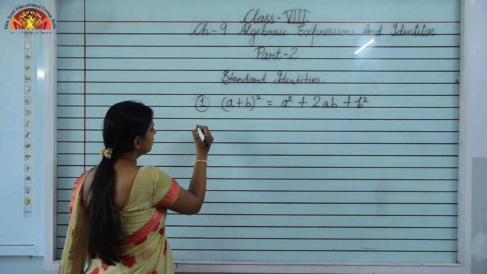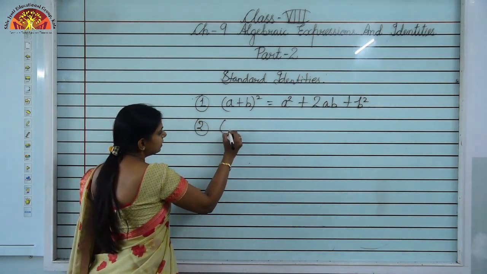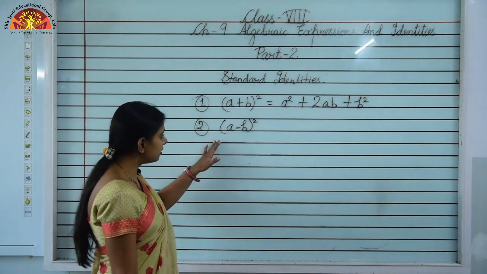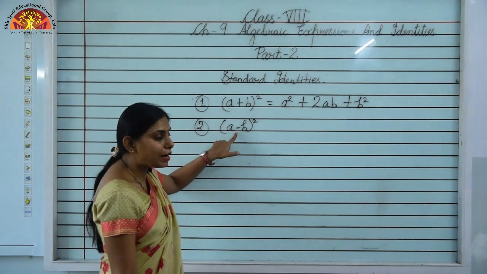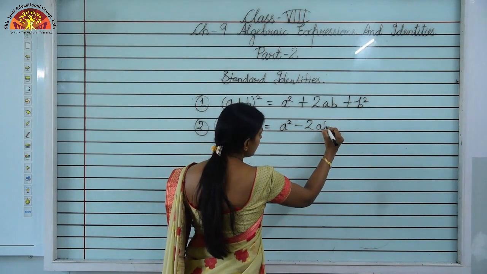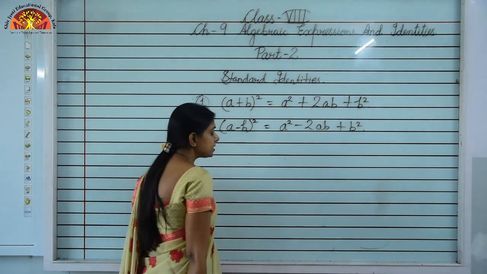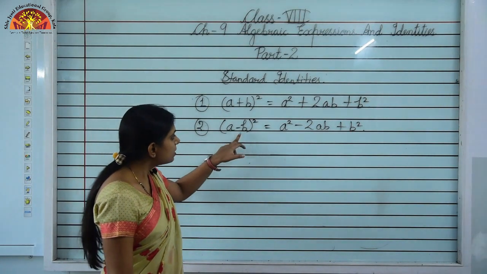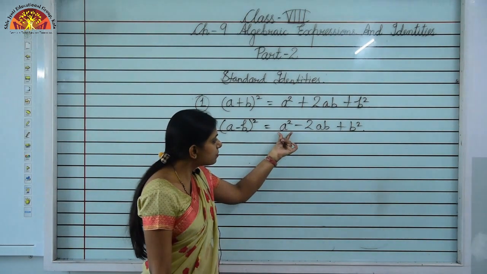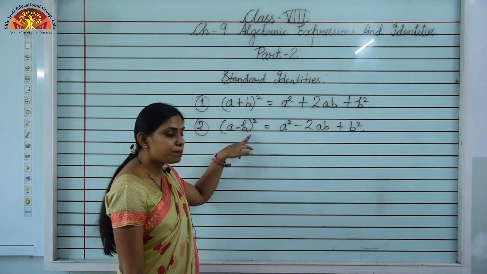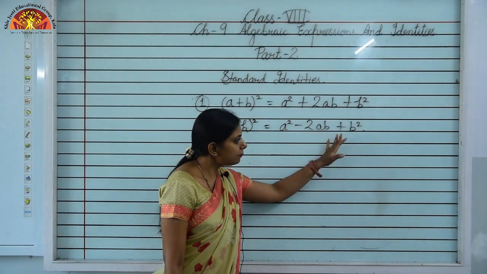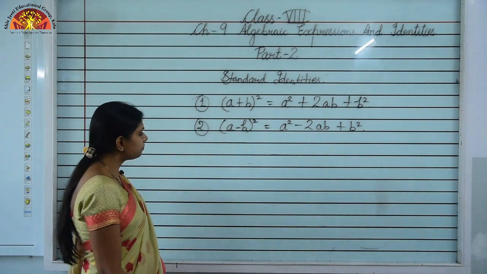Okay. Now the next algebraic identity is, that is A minus B whole square. Is it clear? Instead of plus, here it will be minus. So again the same thing, A square minus 2AB plus B square. You can see the change, that here is minus sign. So instead of plus, only the change that it will become minus. Okay. Both the rest of the terms will be positive. That is A minus B whole square is equal to A square minus 2AB plus B square. Is it clear students? Very much easy.